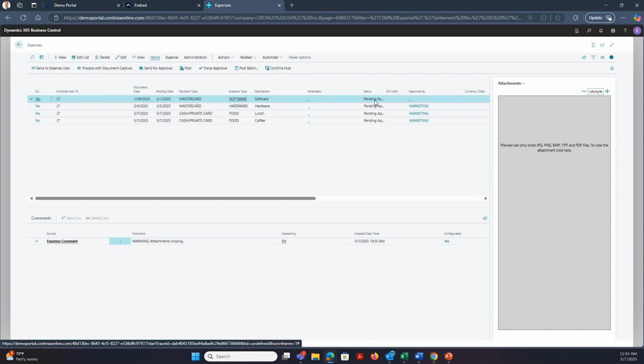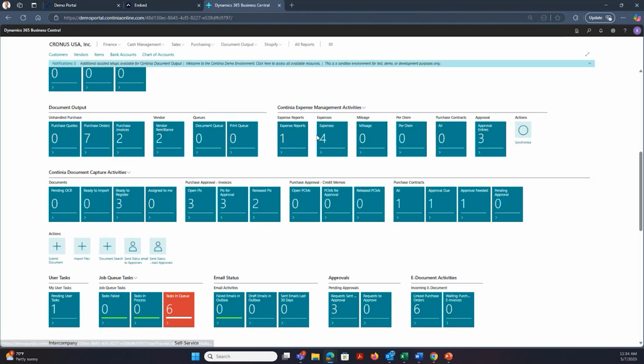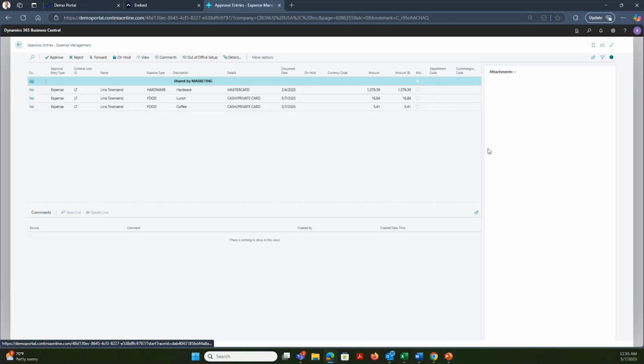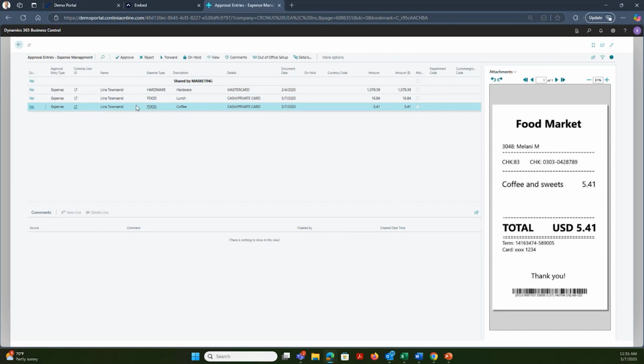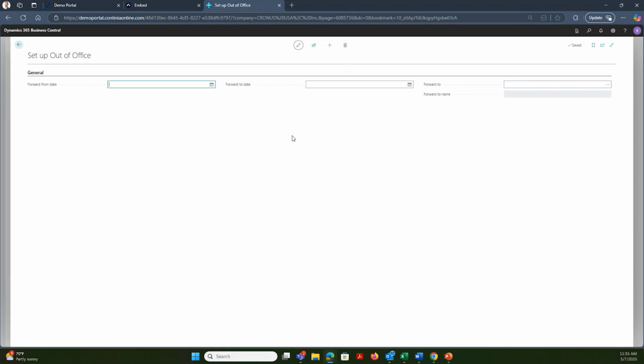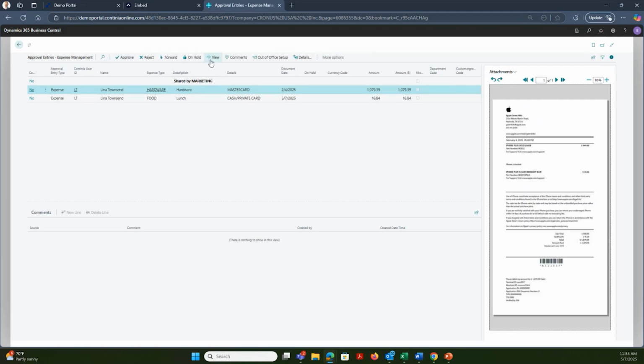We'll also see that some are pending expense user, attachments are missing, some are waiting for approval. And we have our approval group that's assigned. So we'll always have a good idea of what's out there, who has expenses in their name, who is waiting for approval, and all the approval entries, regardless if it's in my name as the admin or not, I'd see what's out there. So at a high level, I'll see some good detail. If I want to create that out of office setting in Business Central, I can. And if I want to make a decision, I can do it at a high level or drill into the expense